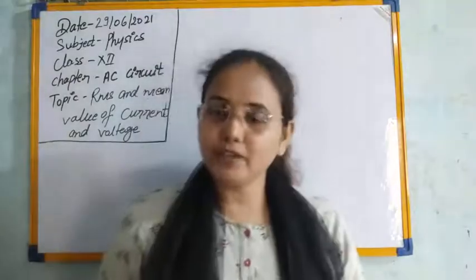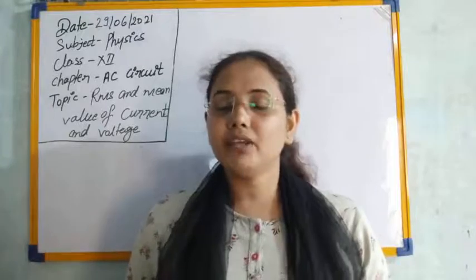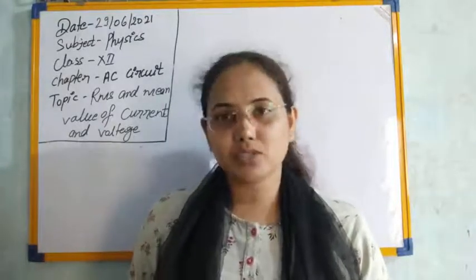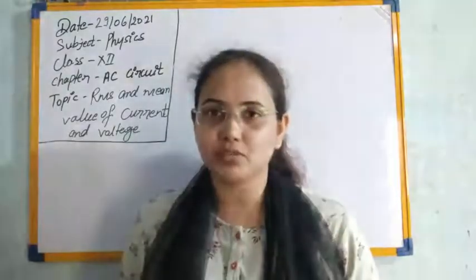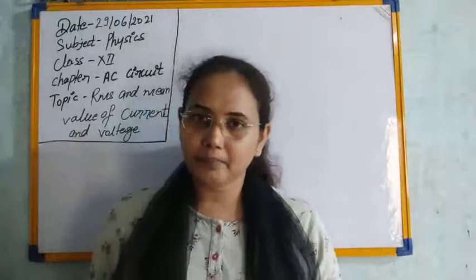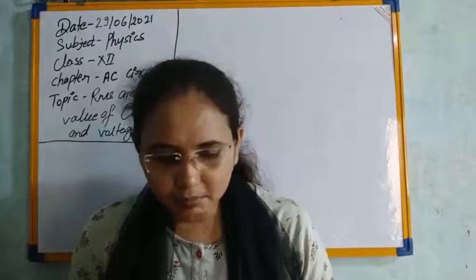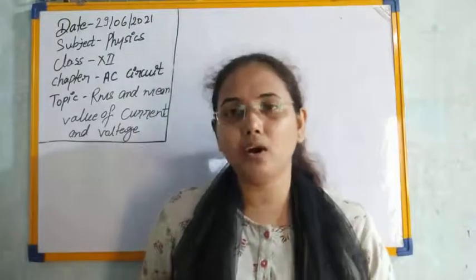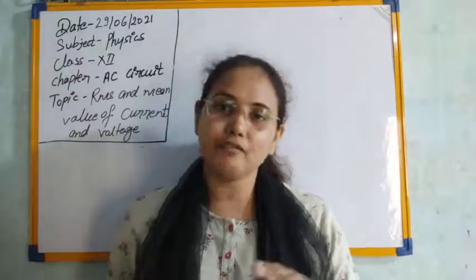So if we have to find the average or mean value of the AC, we cannot take the complete cycle. We have to take the half cycle, either the positive half cycle or the negative half cycle. You can use any one of them. Simply put, we are going to take the value of current as a mean, that is flowing in the same time for the DC.